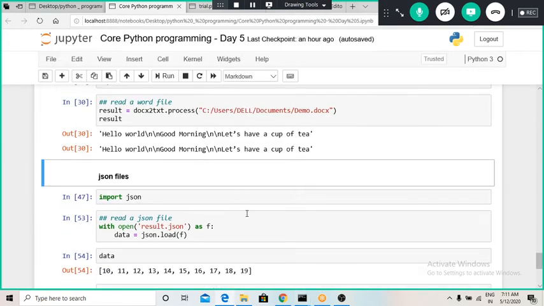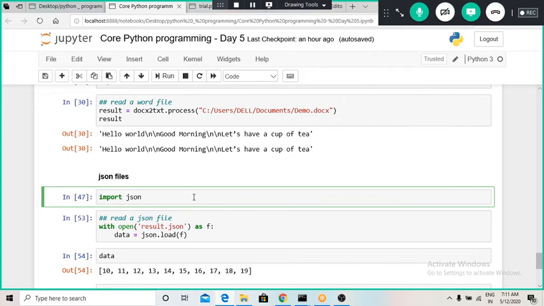So another file type we use is JSON files. There are two ways of reading and writing these JSON files. JSON files can contain a list, or a JSON file can contain a dictionary. Basically, while writing a dictionary, mostly we use JSON files to write that dictionary.